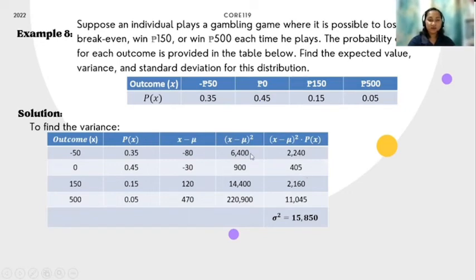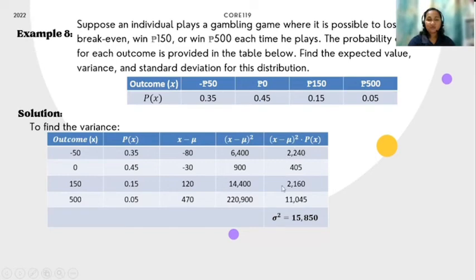So, 6,400 times 0.35, that's 2,140. 900 times 0.45, that's 405. 14,400 times 0.15, that's 2,160. And 0.05 times 220,900, we get 11,045. So if we add these values